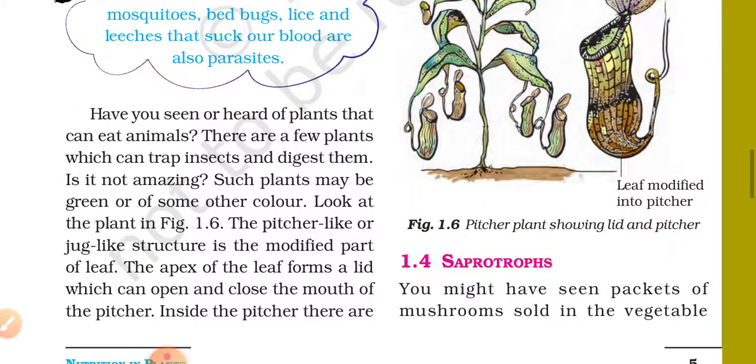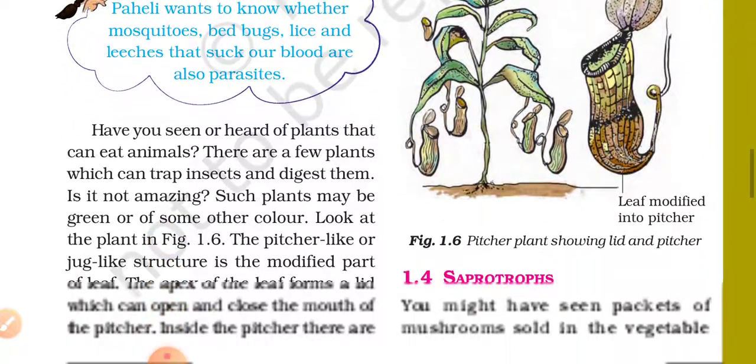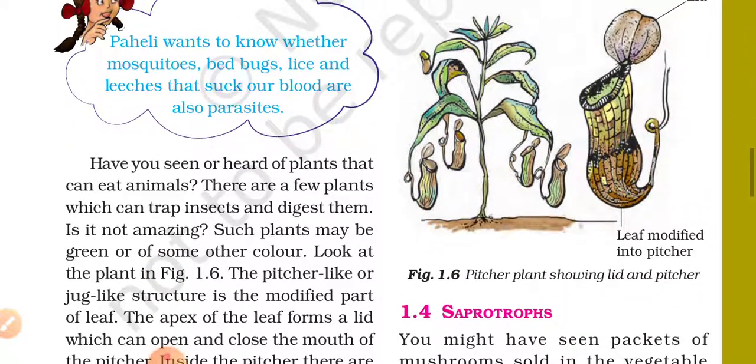Have you seen or heard of a plant that can eat animals? There are a few plants which can trap insects and digest them. Is it not amazing? Such plants may be green or of some other color. Look at the plants in figure 1.6. यहाँ फिगर 1.6 में पिचर प्लांट के बारे में दिखा रहा है।